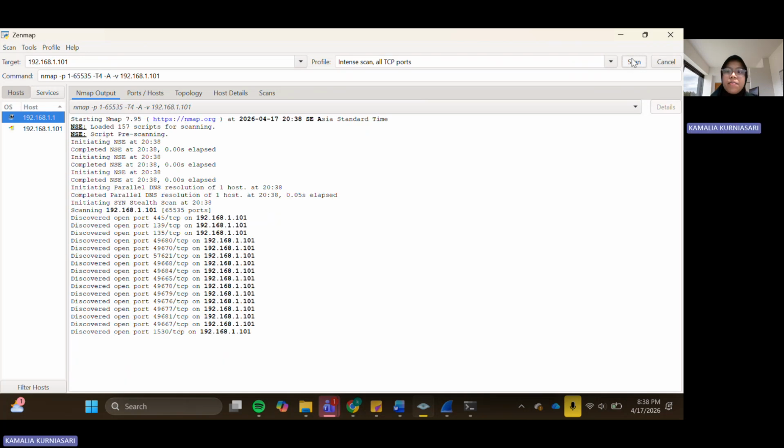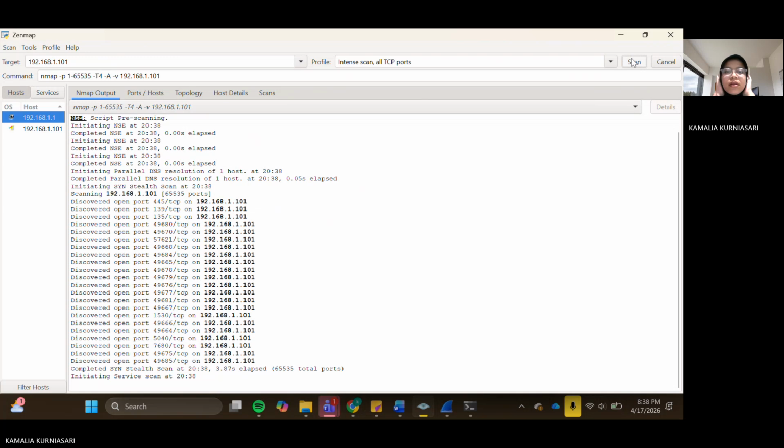In this scan, it checks all possible TCP ports, not just the common ones. It is more thorough and useful for finding hidden or less commonly used services.